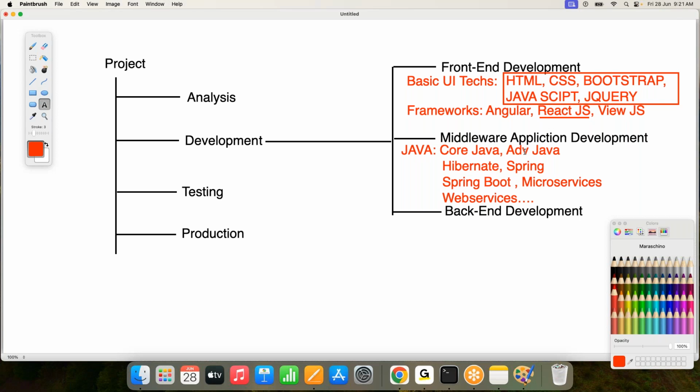What is the plan and what exactly are the durations, we are going to understand everything now. This is about middleware application development. Observe clearly, we have some forms. A registration form is available, that is the front end. After entering the data, if you click the submit button, that request and the data will go to the server-side program. The server-side program is the middleware application. That middleware application will take your data, process it, and use it in our application logic. After that, the data has to be stored in the database.